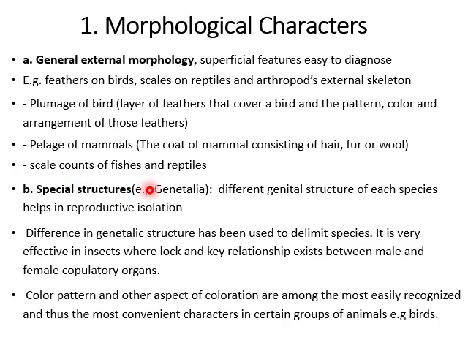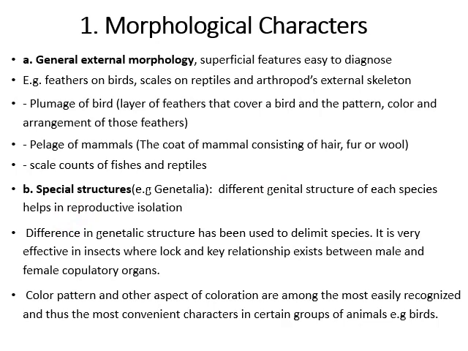An example of a special character is the genitalia, the reproductive organ in different male mammals. With the help of these organs, the male can interbreed with females. If we talk about these special characters, first of all we will discuss the genitalia. Different genital structures of each species help in the reproductive isolation of different species.